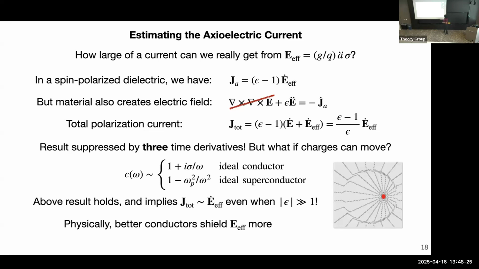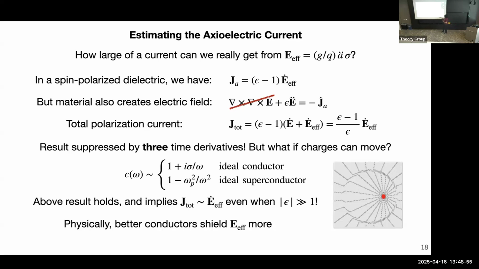So if you had an ideal conductor, all these formulas still work, but you have to include a complex valued permittivity. For an ideal conductor, it is 1 plus i sigma over omega, and this imaginary part can be enormous if the conductivity is huge. And for an ideal superconductor, one of those things where the electrons are perfectly ballistic, there's no dissipation, a toy model for this epsilon is 1 minus plasma frequency squared over omega squared, which again can be an enormous number because this is eV scale. So then you might think, well, this is how we would get it to work.